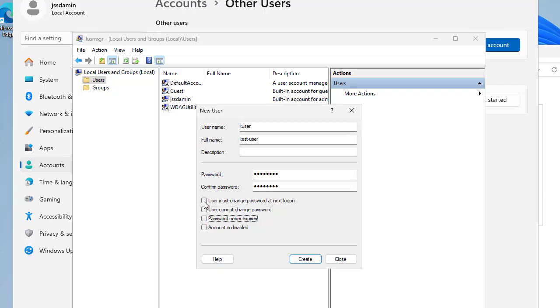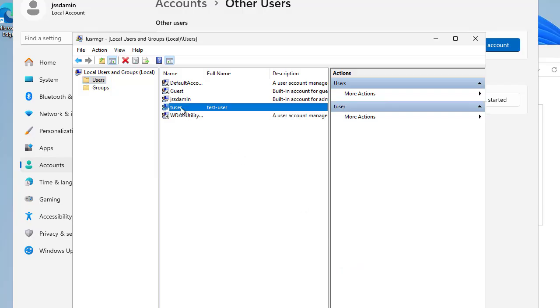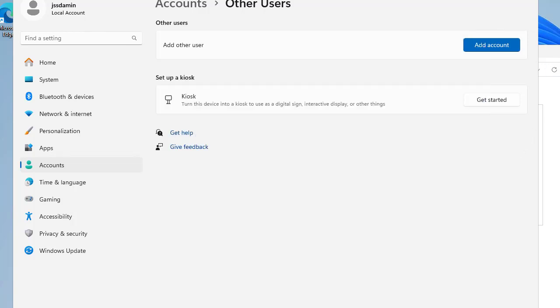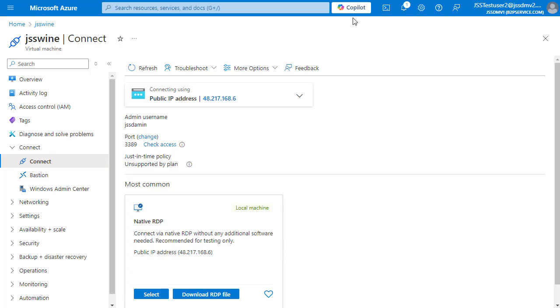So currently we are going to go with the basic policy, that is, the user must change the password at the next logon. And let's create the account. The account is just created in a second. It does not take too much time. After creating the user, you can manage their permissions. You can click on the newly created account, and you can change the account type. So you can manage it from here as well,